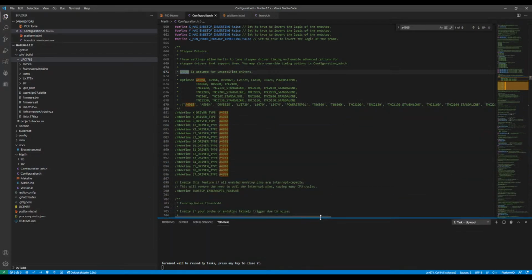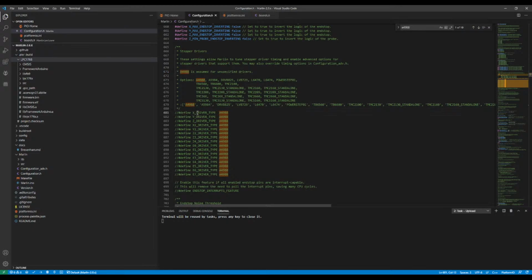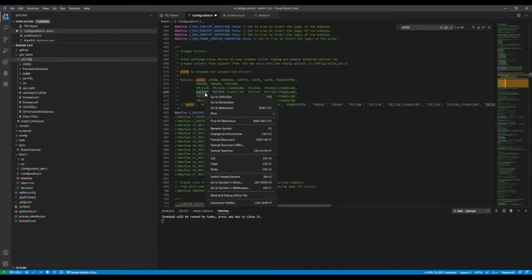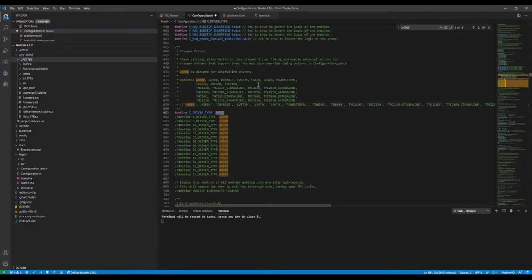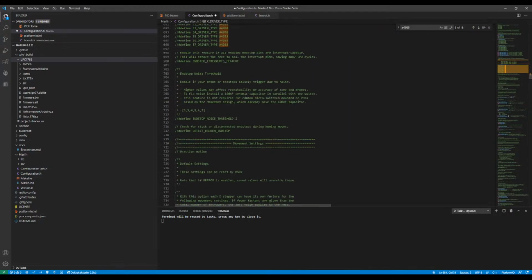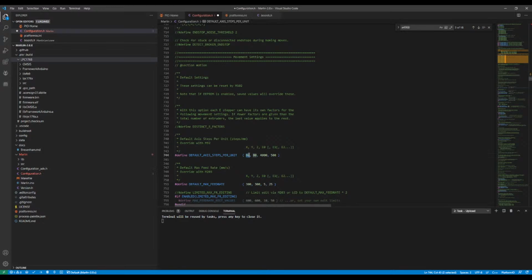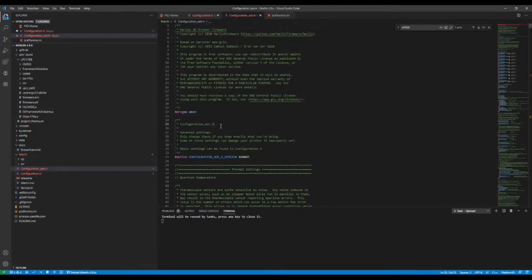Let me reduce this. We need to remove the comment. Then we need to find our stepper, which is TMC 2208. So we'll copy that. We'll paste it right here. Normally, you would change these to reflect what you're working with, but in this case, I'm not going to show you too much because I think there was something interesting on one of my previous streams with this, but I'll